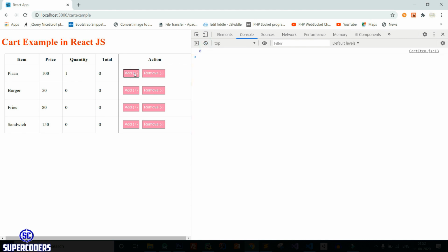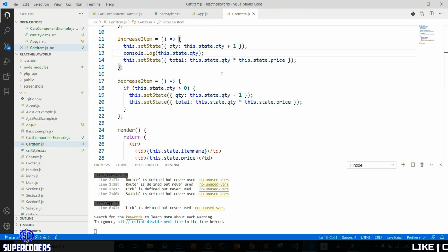Click on this. After changing, it is still showing 0. Let's do one thing.